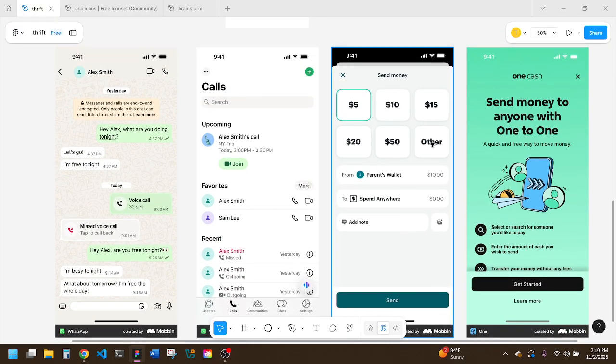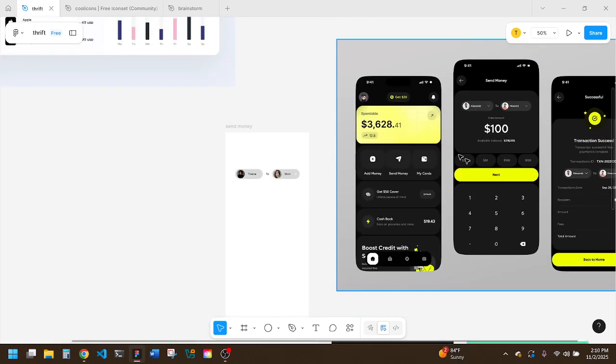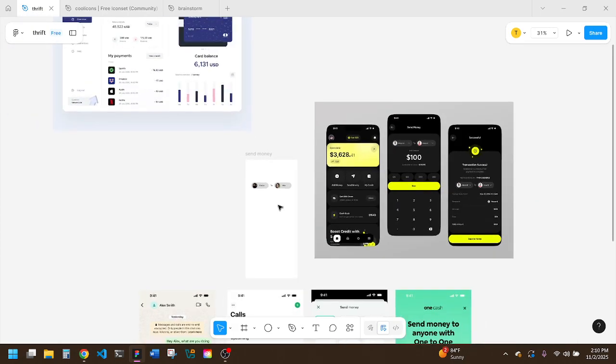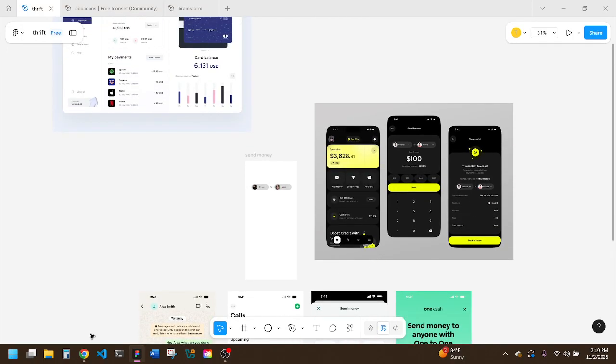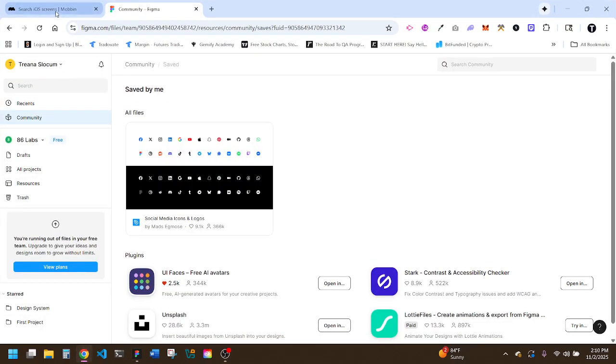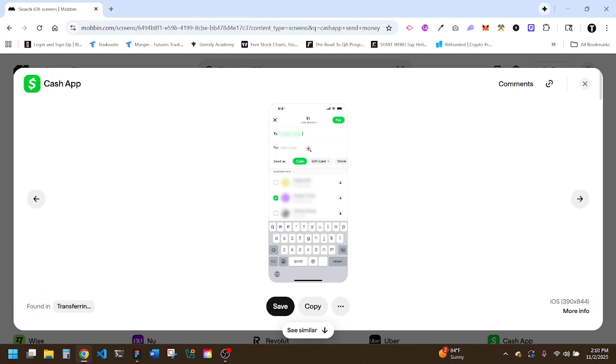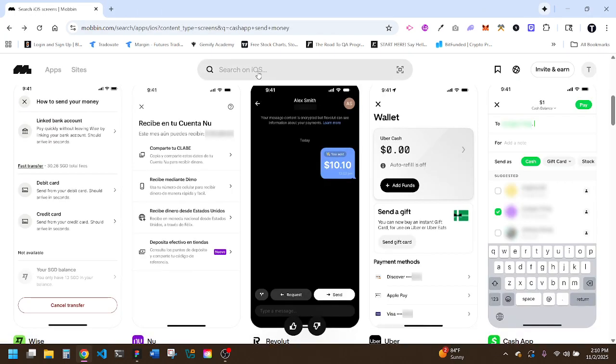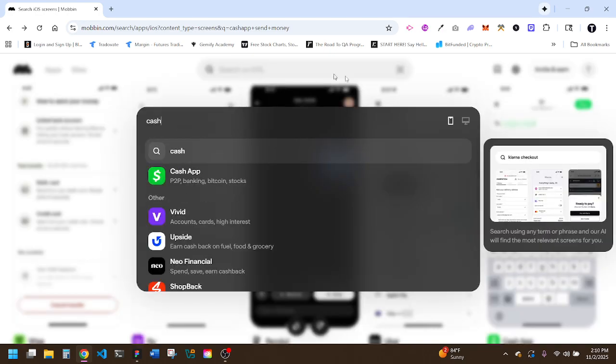Oh, they make you click other to enter an amount versus this one. I think this is better as well. And then I don't have Cash App. Cash App. Actually,